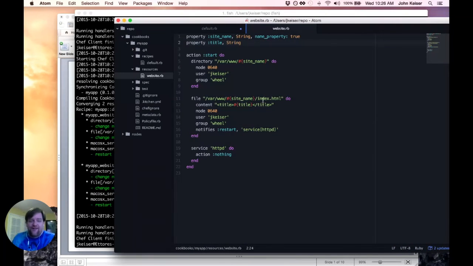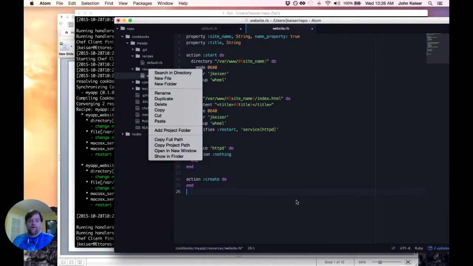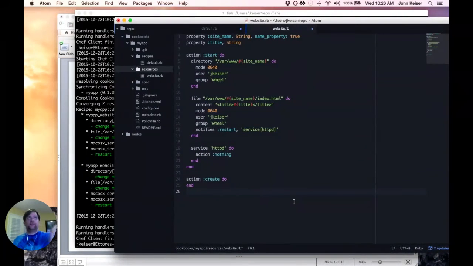This is the basics of custom resources. You can make another action if you want. You can make multiple resources by making another resource file. You can create a resource in a class by just extending from chef resource, for those of you that know Ruby, and they support inheritance and all that stuff. And there's a lot of other capabilities in here that I haven't talked about deeply. Like there's a whole lot of nice validation features. There's coercion. There's lazy defaults on the properties here. And there are some very nice